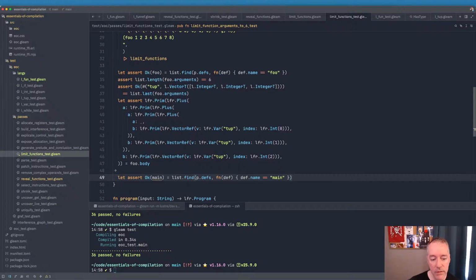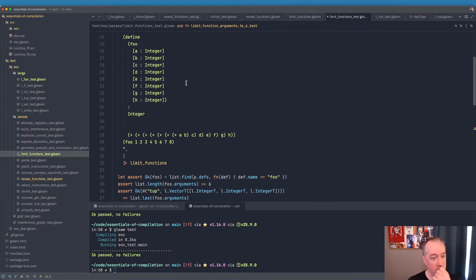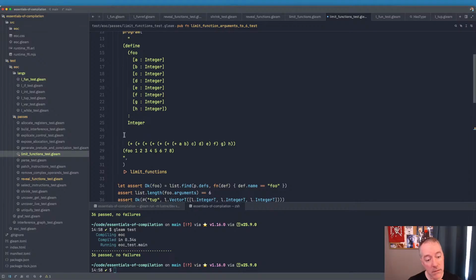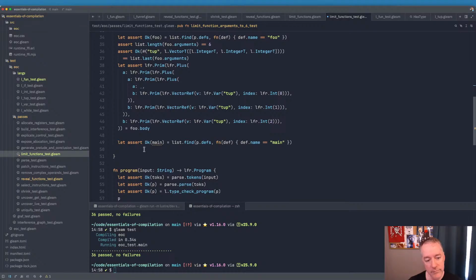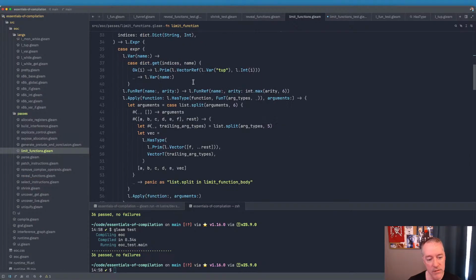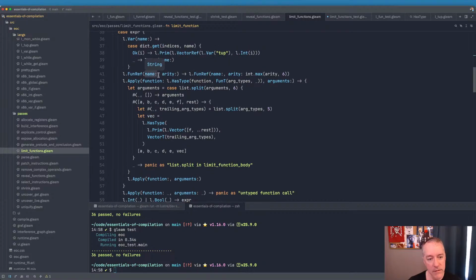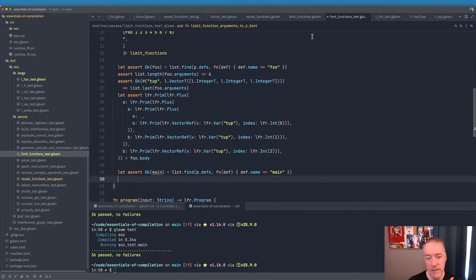Okay, so now we need to make sure that the call to main constructs that vector. Not only that, it should reconstruct the type of, or no, it removes the type, right? So what we want to do is maybe just